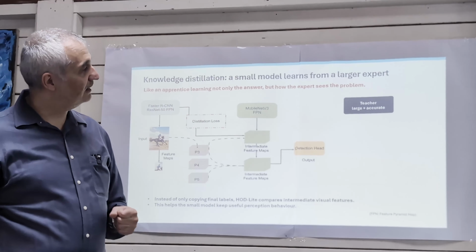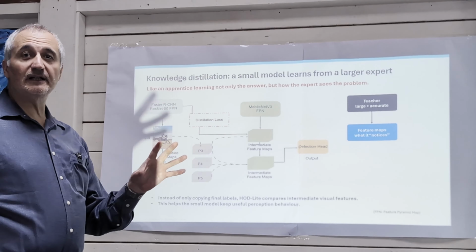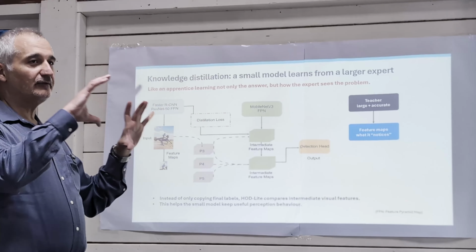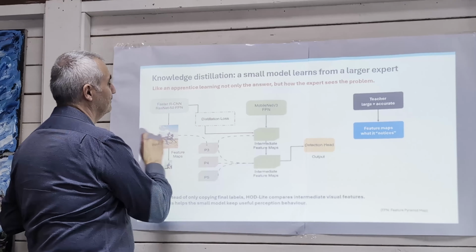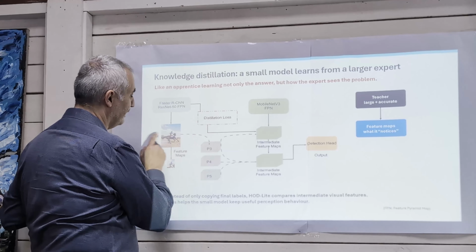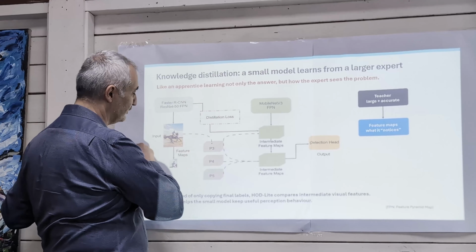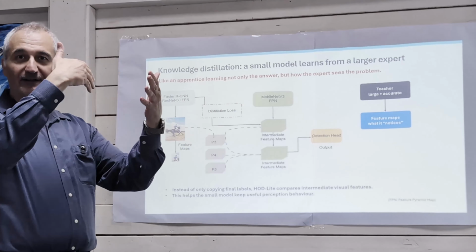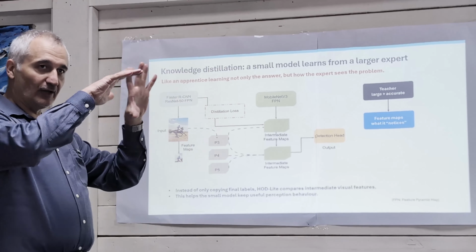So from the teacher, the large and accurate model, we obtain the feature maps. Feature maps are actually what it notices. You could think of them like heat maps. Looking at the feature map, it says, okay, here is 90% human, here is 90% tail, here is 90% horse, here is 0% human, 0% horse, etc. So for each of the layers, like the horse layer, the human layer, and sub-layers like the head layer and leg layer, those are all internal maps that show contours.